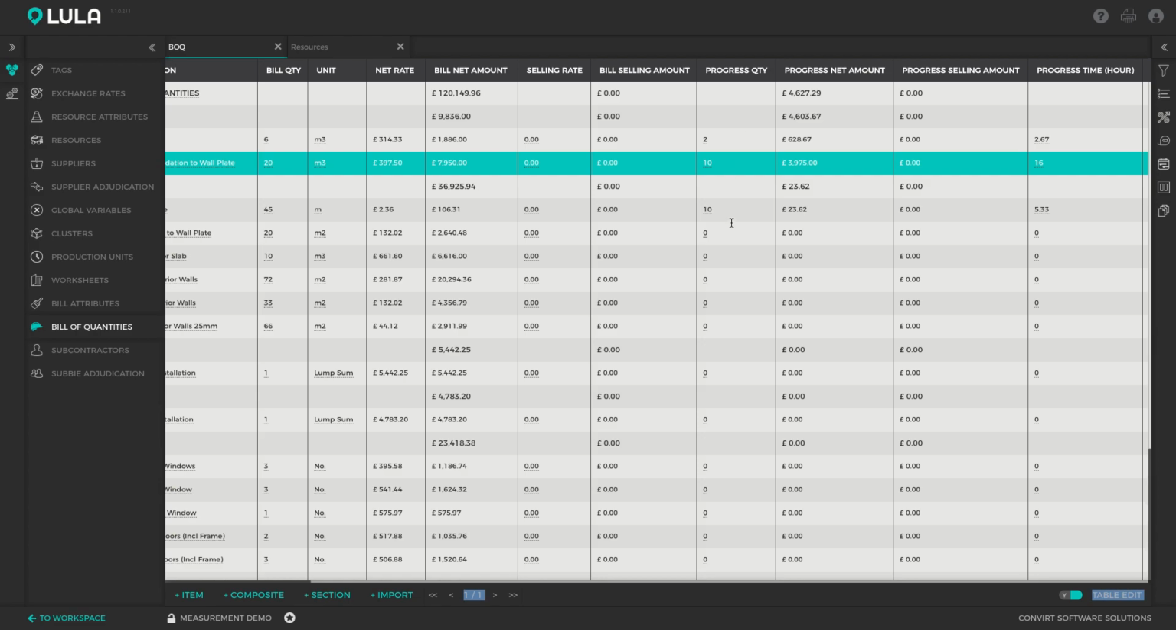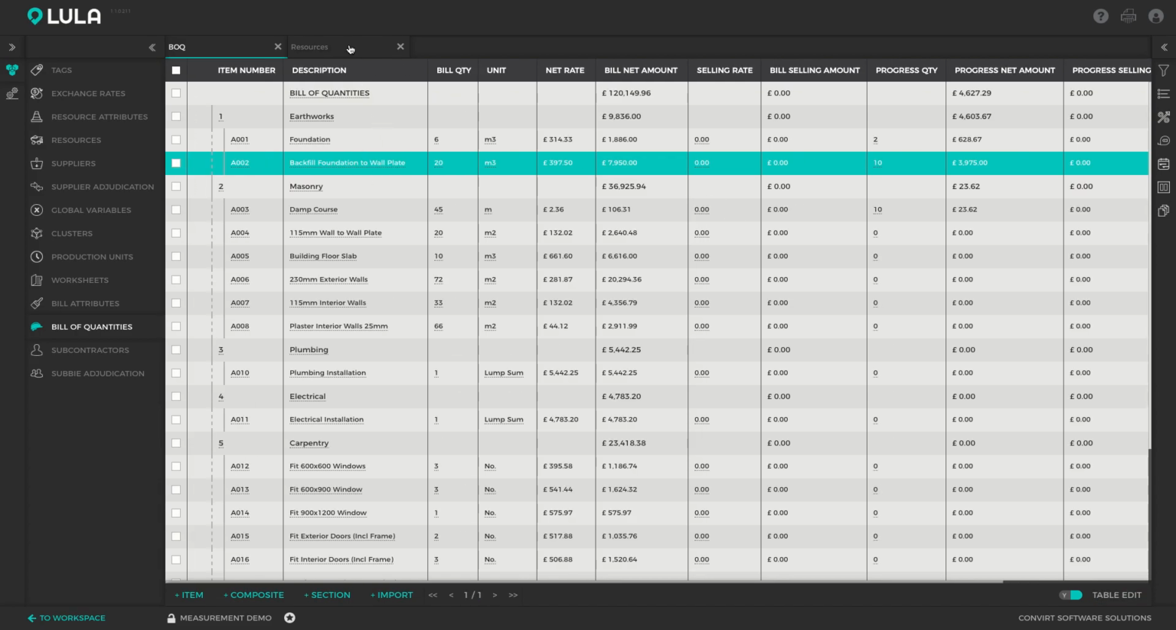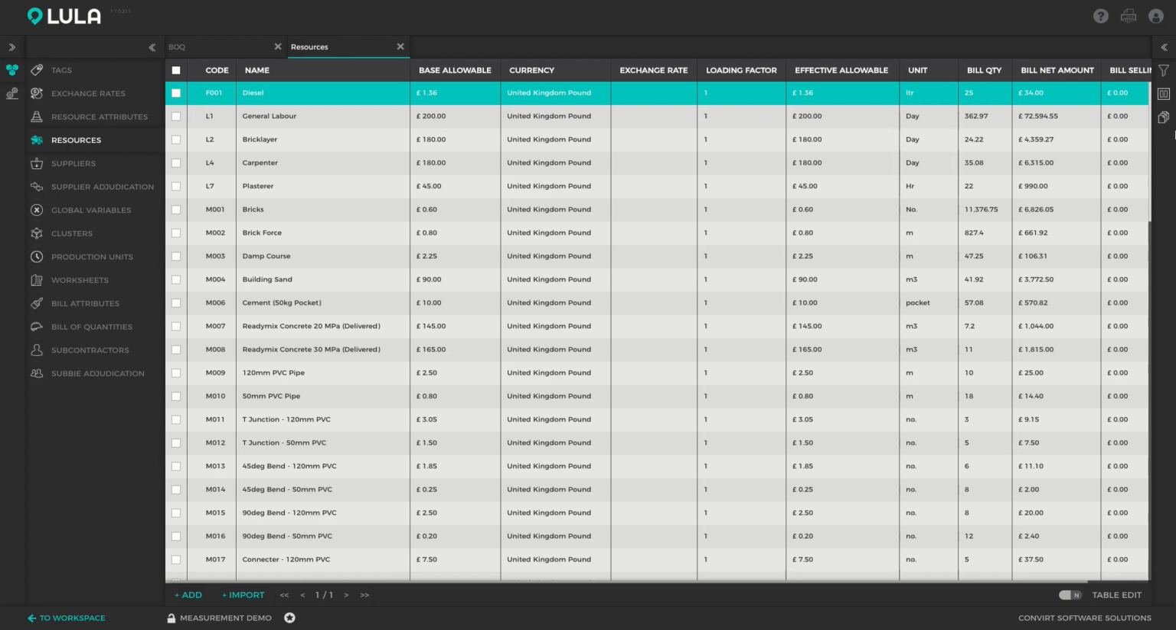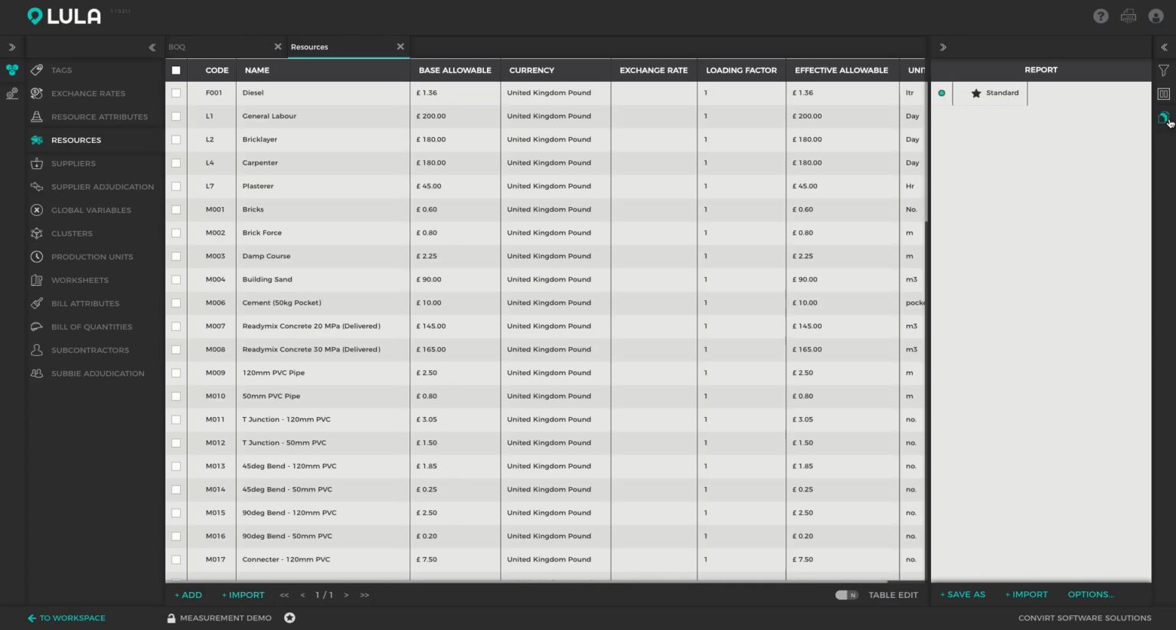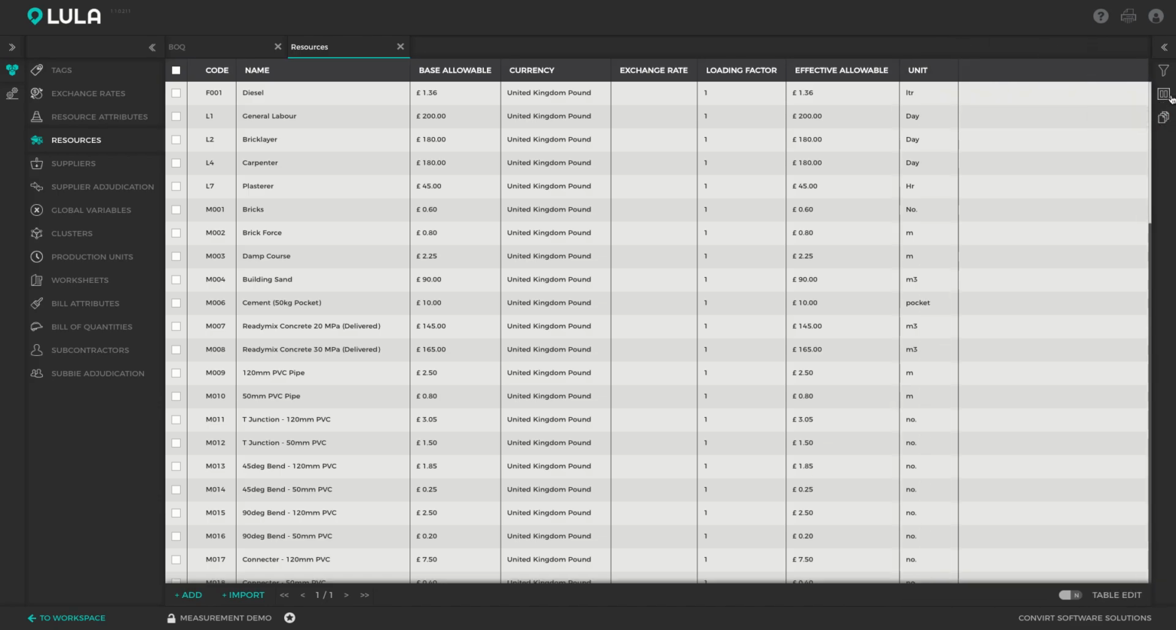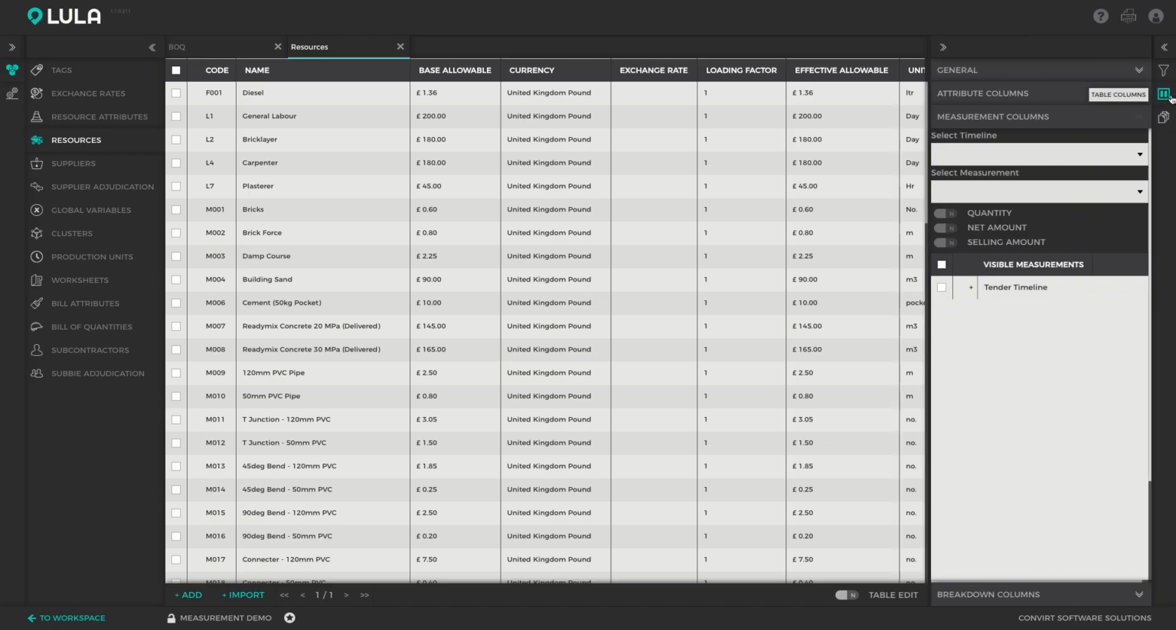All right, so once we've now created a new measurement and we've captured some quantities in that measurement column, we can run reports against this measurement. So let's jump back to the resources scene. Right, and I'm just gonna set it back to the standard report so that we can switch off all of the previous measurement columns. And once again, I can open up my measurement columns tab, and we're now interested in running a report against our progress. So I'm gonna switch over to my progress timeline, and we wanna see how much of each resource we were allowed to have used up to date